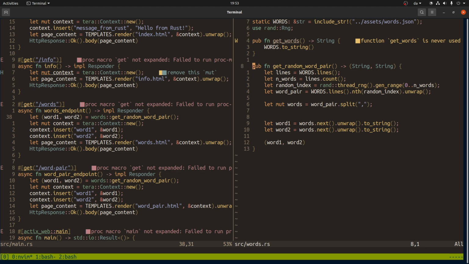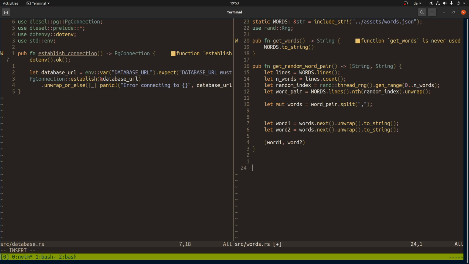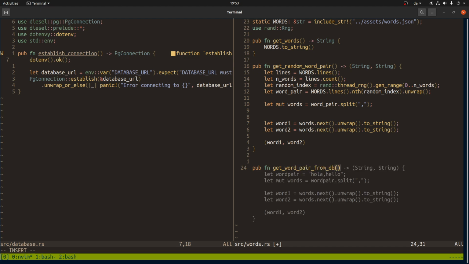So how should we set that up? I guess we need to have a look at database. Okay. So get word pair from database. Let's start with that. So we need to return a string,